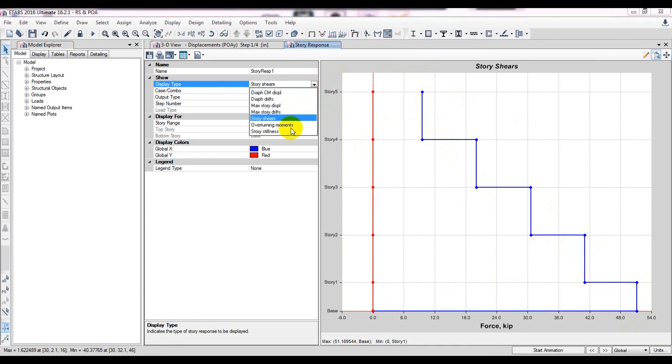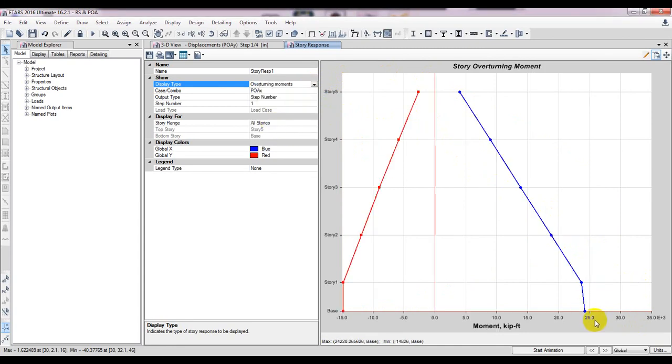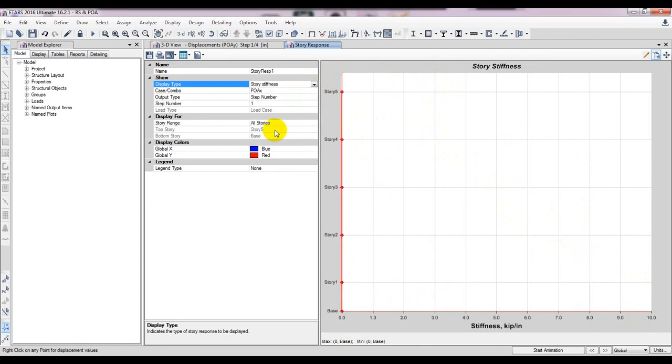For the x-axis, this is for overturning moment, and this is for stiffness, which will be 0. Okay, it is also 0. They have no Storey stiffness. So if we go for y, we'll also be able to find our value. For the y direction, it's showing